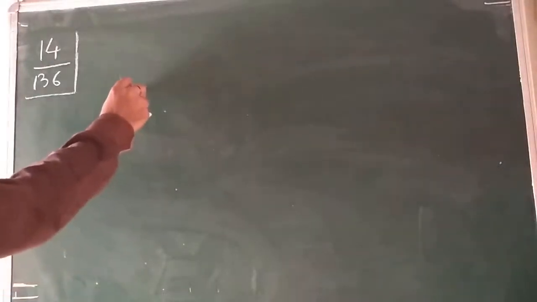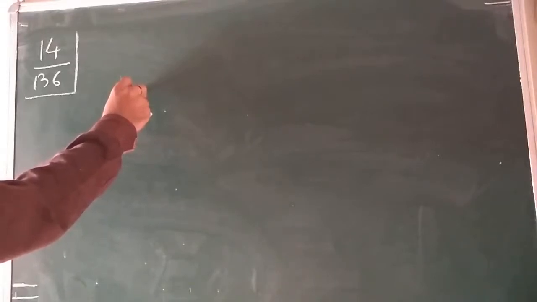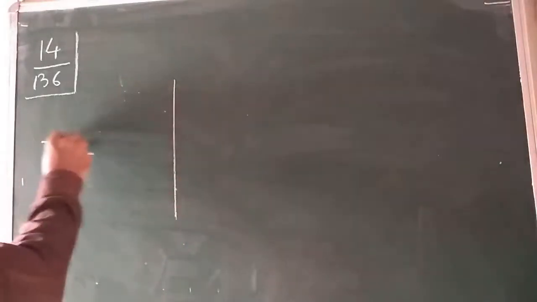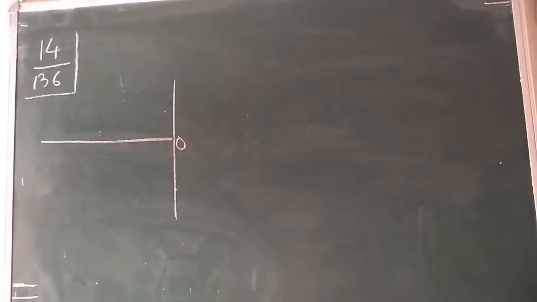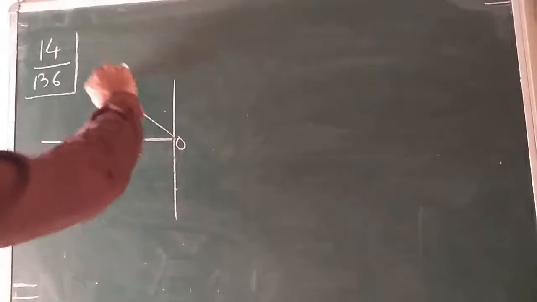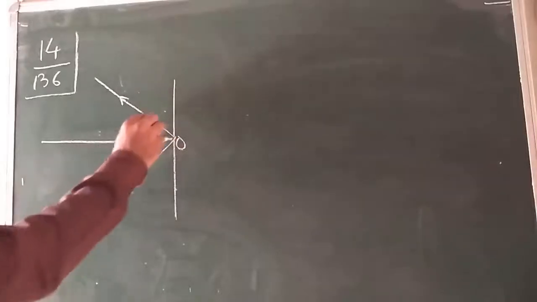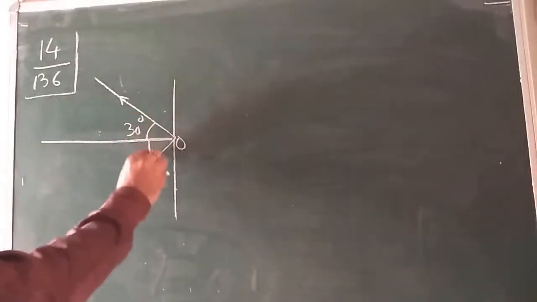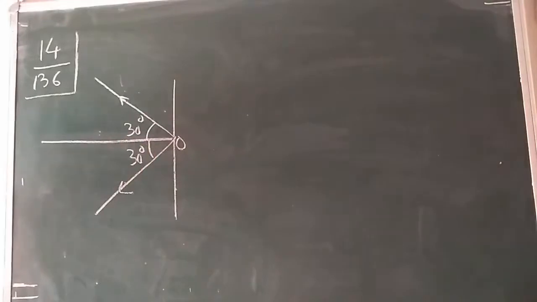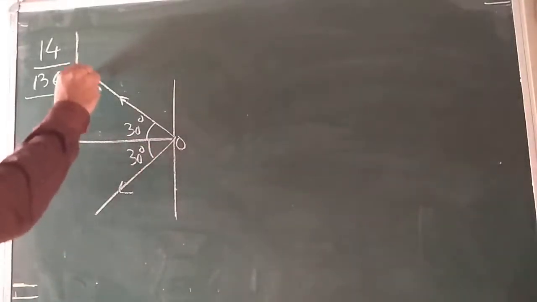A molecule in a gas container hits a horizontal wall with a speed of 200 meter per second and angle 30 degree with the normal. Here, say this is the normal. Here is the hitting, say at a point O, and rebounds with the same speed. Here is the diagram for this figure. It is rebounding like this, say at an angle 30 degree. Here it is the normal and here is the A, here is the B.